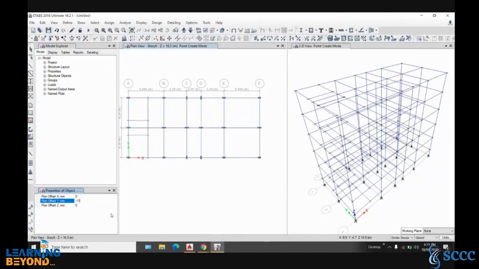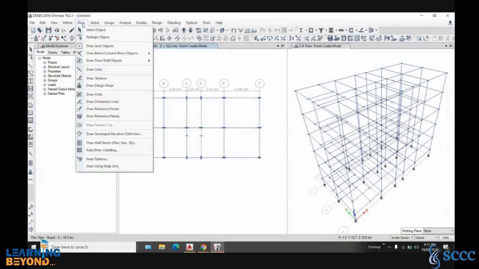Minus 1140, and click on this joint, grid point C2, then grid point D2. So the two joints are created, and now you can draw the beam from one joint to another.